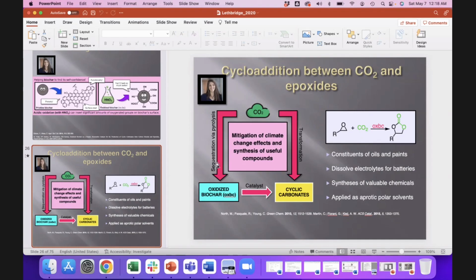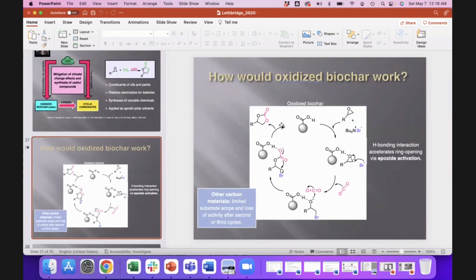So this is an epoxide. And then you can sort of see, I'll show you the catalytic cycle that we propose. This is what we use as our cartoon image of oxidized biochar. The biochar is the black circle. There's the oxidized group. You have your epoxide come in, and you get this hydrogen bonding interaction between the epoxide and your oxidized biochar. And that allows for easier ring opening. So that's the catalytic part. We're making it easier. And then the carbon dioxide comes in, inserts in the opened epoxide. And then we get ring closure to form these cyclic carbonate materials. And so this is our proposed and published